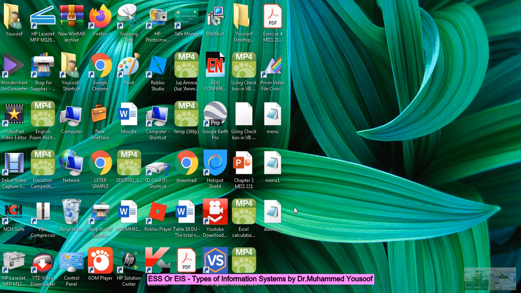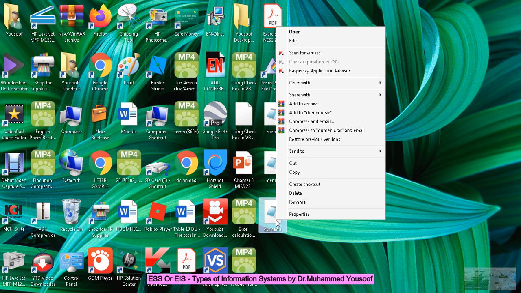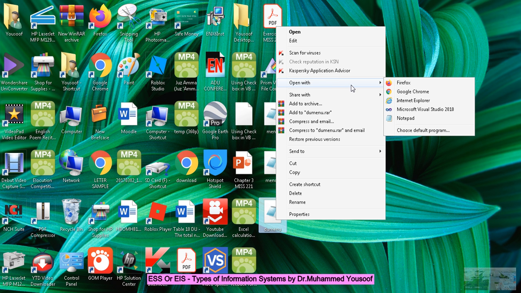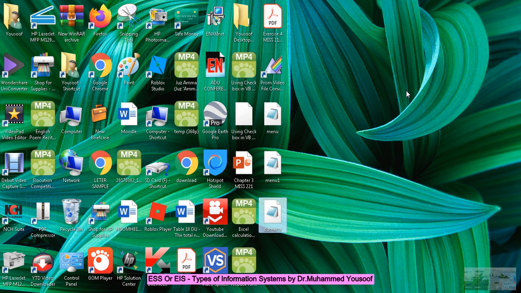Yes, it's here. Can you see here? But you are not seeing my file as an Internet Explorer icon. You are seeing it as a notepad, because in my computer the setting is like this. If it is appearing as an Internet Explorer icon, you do not need to do anything, you just double click on it. But since I am seeing it as a notepad, even though it's an HTML file, I will right click on this one, open with, and click on Google Chrome. Now I am just clicking on the Google Chrome.